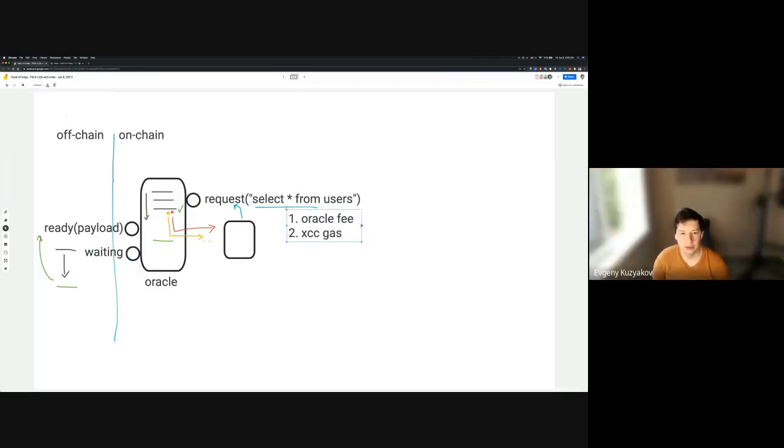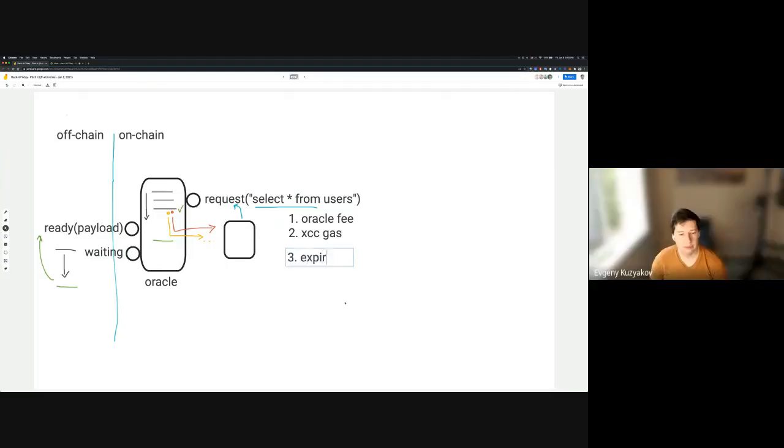Yeah, so once Oracle actually replies, it can take the fee and fire an event that goes to the requesting contract. What you also need is expiration that should be enforced by this Oracle contract. So let's say a request has to be executed within 5 seconds. Otherwise, let's say it's not valid anymore, and funds should be refunded back to the